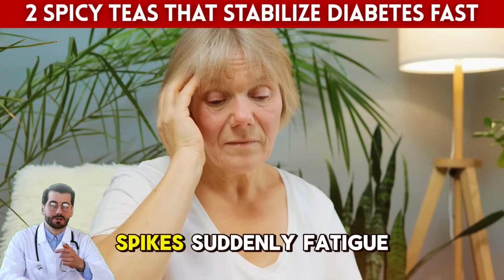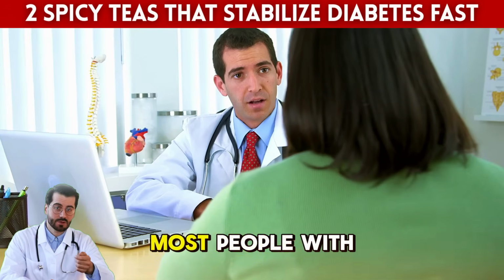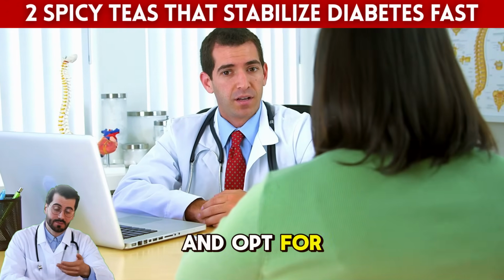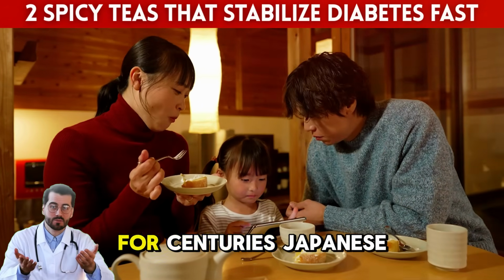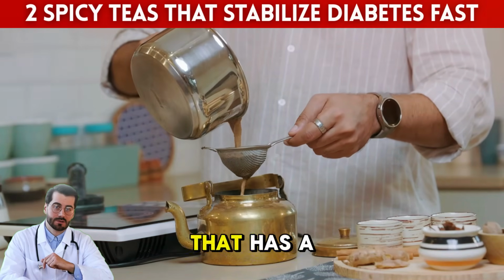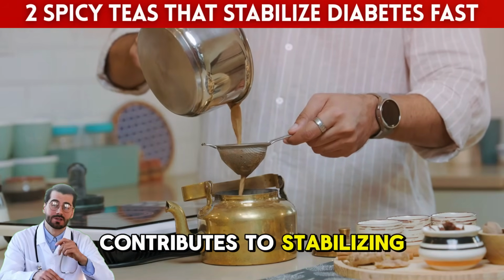When blood sugar spikes suddenly, fatigue, dizziness, and frustration follow. Most people with diabetes are advised to avoid strong flavors and opt for safe, bland options. But what if the real solution has been hidden in traditional cultures for centuries? Japanese studies have revealed a spicy drink that has a very pleasant flavor and also actively contributes to stabilizing glucose